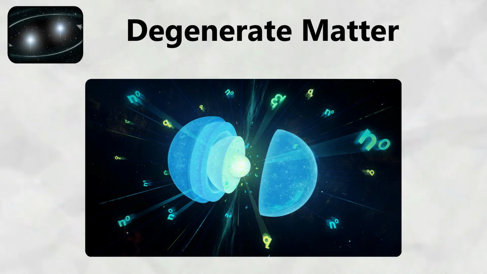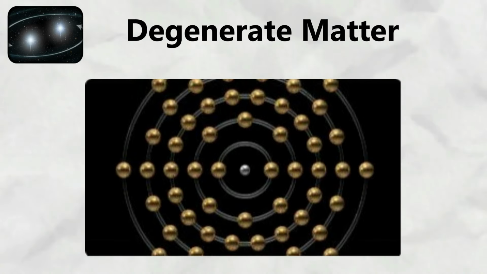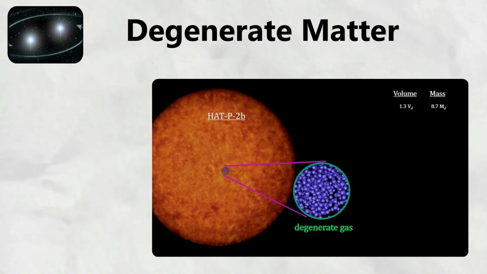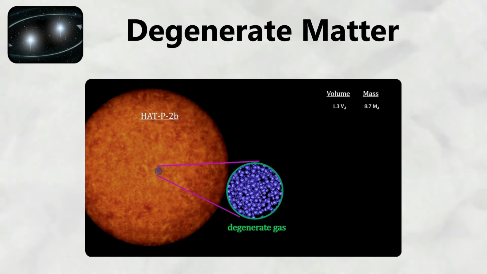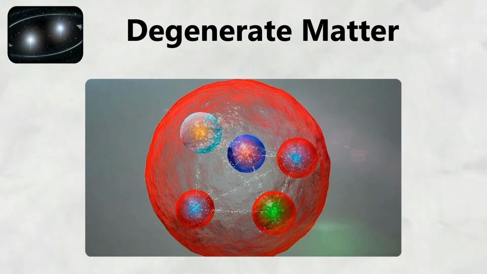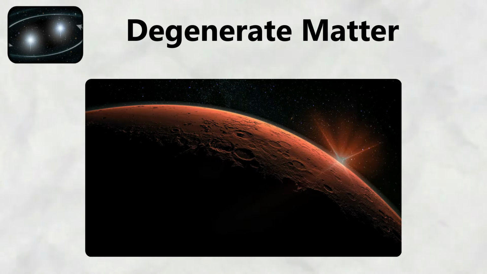The interior structure of neutron stars varies with depth, creating different phases of degenerate matter. The outer crust consists of heavy atomic nuclei embedded in a sea of degenerate electrons, while the inner crust contains neutron-rich nuclei and free neutrons. The core may contain exotic particles like hyperons, kaons, or even quark matter, though the exact composition remains uncertain due to the extreme conditions involved.